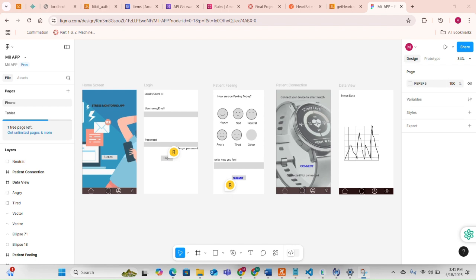Then the role is creating a smooth interactive front end and back end that allows users to log in securely, view heart rate data, input daily stress levels, and fetch and save heart rate data from the Fitbit. So I'll be handling the front end part, while Valeria will be handling the back end part of the project. So starting on the front end part,